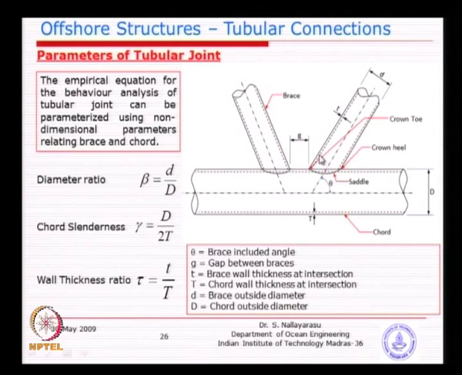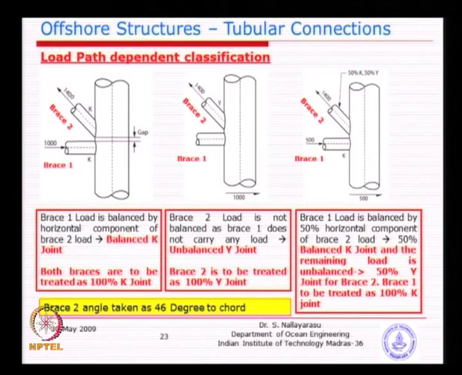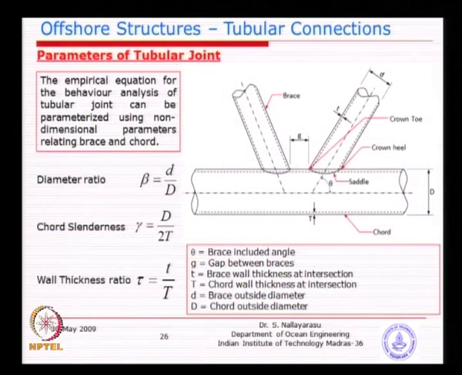The next one I do not think we need to go through, because you can easily read it to get an idea. The parametric equations are developed based on 3 parameters. One is the diameter ratio, and I have explained to you its importance. If the diameter ratio is very close to 1, you see a problem there. Similarly, the slenderness ratio of the chord, diameter to wall thickness. The third one is the wall thickness ratio of brace and chord. These 3 parameters, plus the angle, are the major parameters to differentiate between K, Y and T joint.